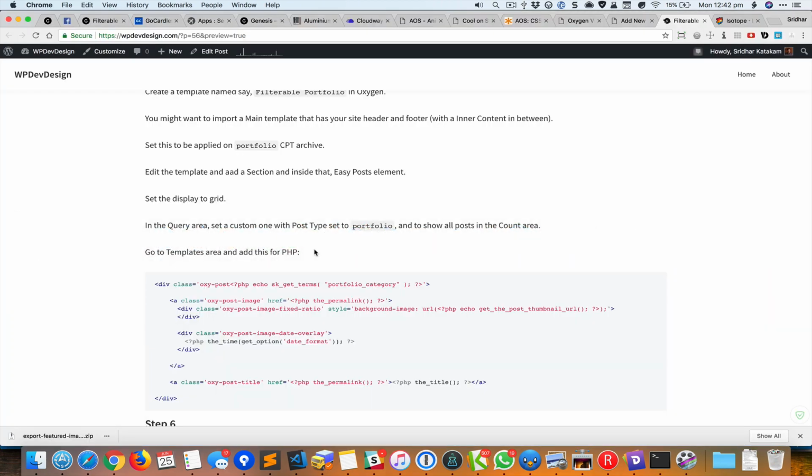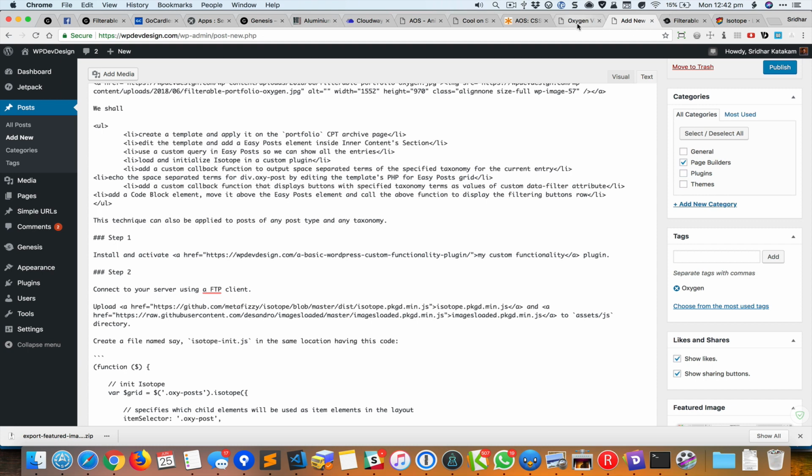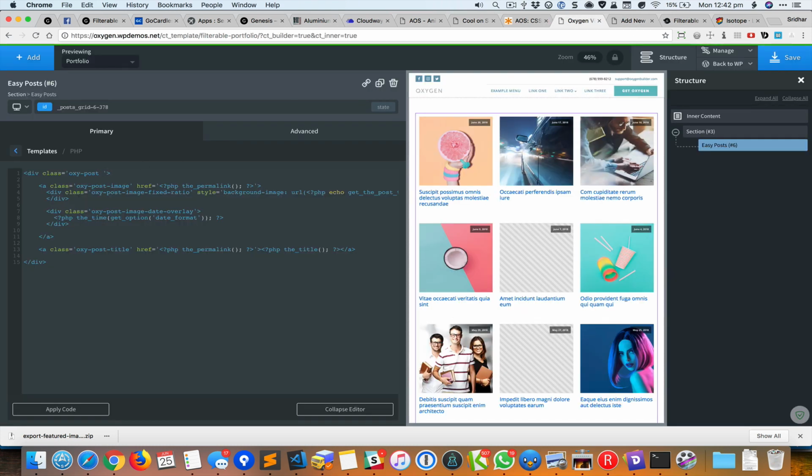So the way that we do this is, come here and say php echo, and to this function we need to pass in the name of the custom taxonomy. Alright, so once we do this, what's going to happen in the output in the front end is that each entry will have the space separated terms that that entry belongs to. Okay, so once you do that, you hit apply code,